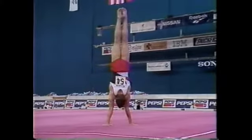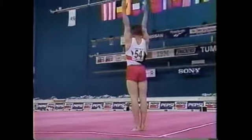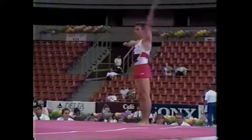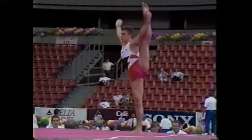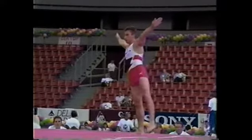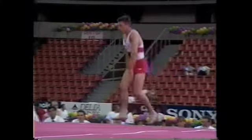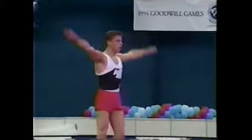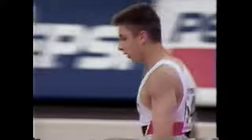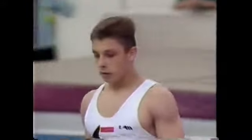Both teams from Belarus and Russia pay such close attention to the details, the hand movements, the toe point. Ivan Pavlovsky, a 9.2 on his floor exercise routine. Blaine Wilson, a 9.2 on the high bar. Just a little bit short. A lot of difficulty in the routine. Drew Durbin for the United States scored a 9.4 on the high bar, so things looking good for the United